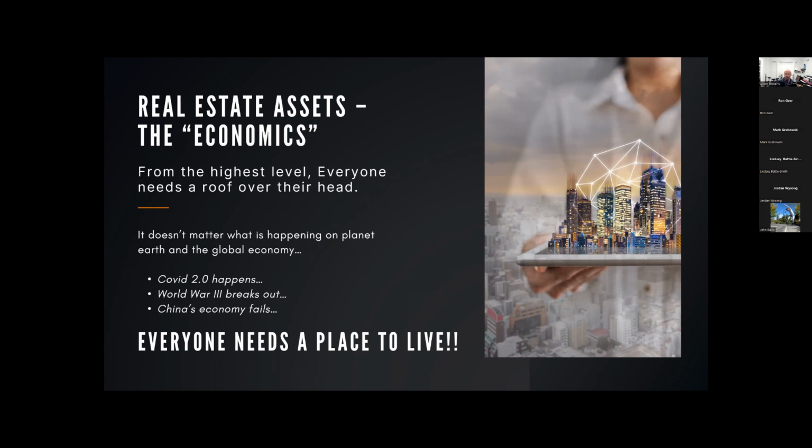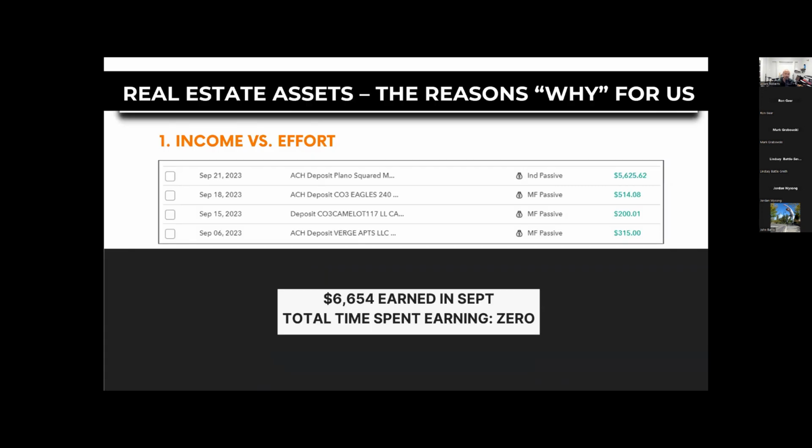And regardless of what happens in the world, it tends to be a relatively safe long-term investment for those reasons. I'm going to review the 3 high-level reasons why Emily and I just continue to invest in real estate. If I had to say what our why is, at the end of the day, if you divide how much money you make by the amount of time you put in making it, that tends to be a significant thing that benefits real estate.